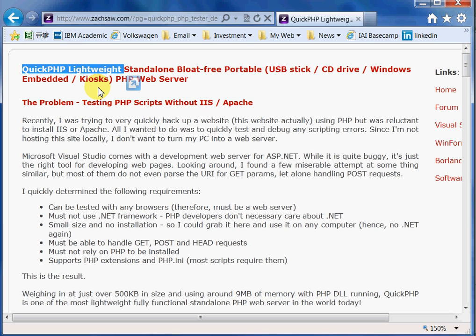It doesn't need any installation. After downloading, you can directly use it. So it's for simple test purposes. The URL to the Quick PHP web page is included in the syllabus. So once you get to this page, follow the link, scroll down